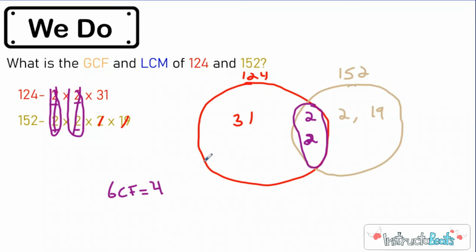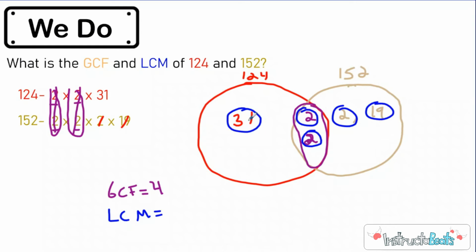Now, the least common multiple. To find that, if you remember step number 4, I need to multiply all of the numbers in my Venn diagram. So I need to multiply 31 times 2 times 2 times 2 times 19. You can do that on a calculator if you'd like. And when you do that, you're going to get a least common multiple of